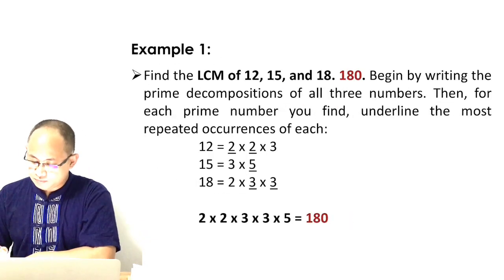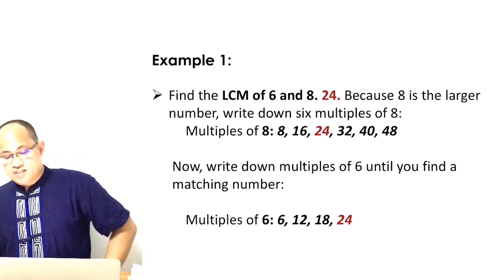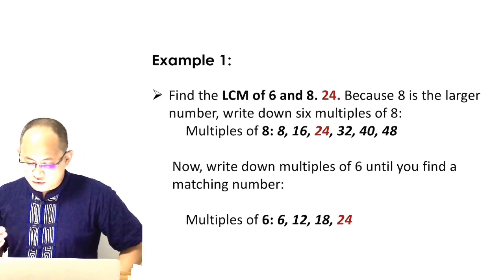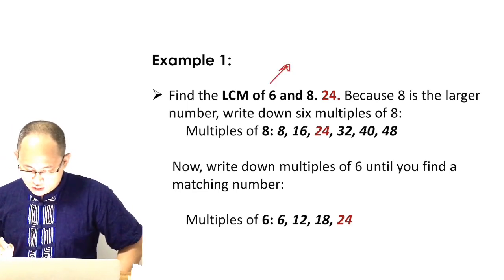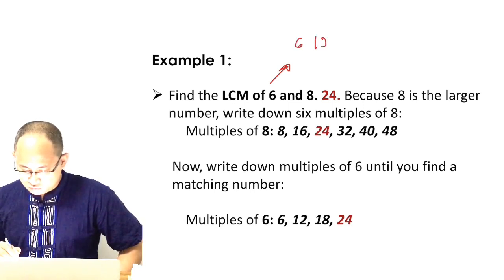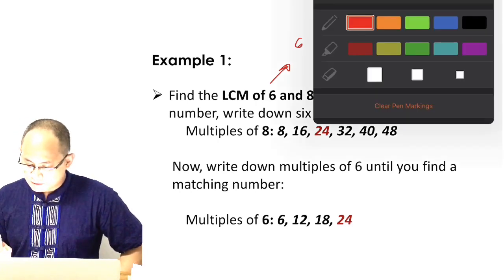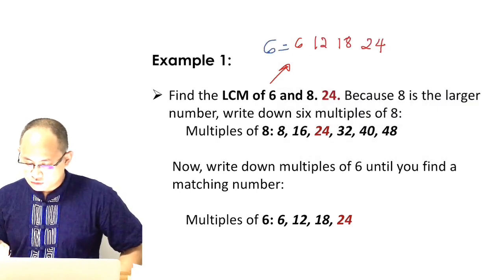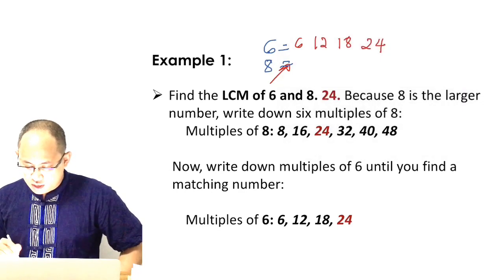Let's have an example. Find the LCM of 6 and 8. So you have to find the multiples of 6. For example, you have 6, you have 12, you have 18, you have 24. Yes, this is for 6. Next is for 8. Now for 8, we have 8,